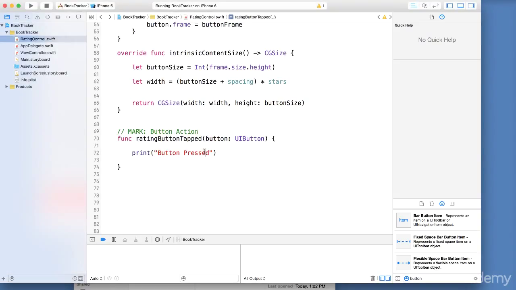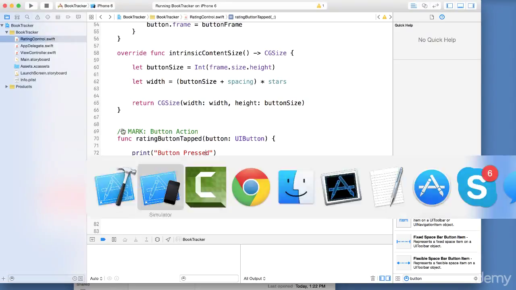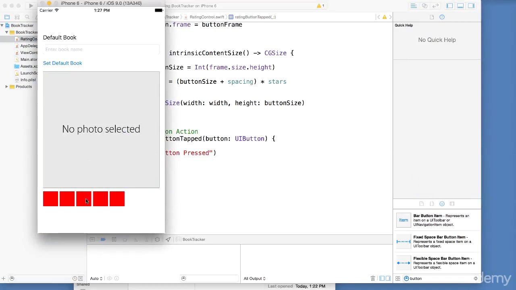Next video, we will continue working on this project. We'll then start adding actual stars within our buttons here, right? Because that's the whole idea. We want to be able to add stars and people can click and the stars will start showing.